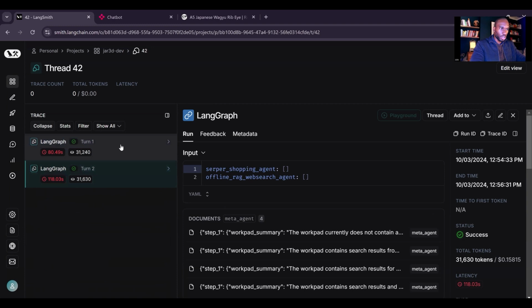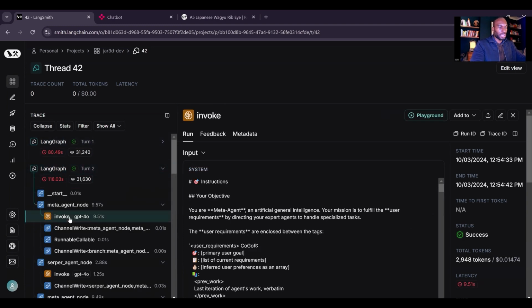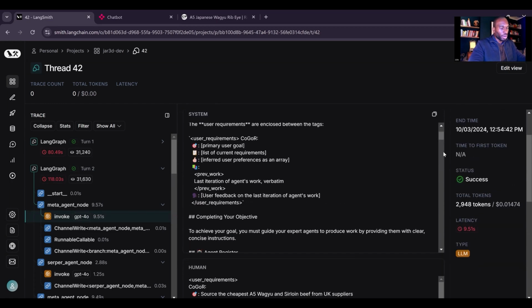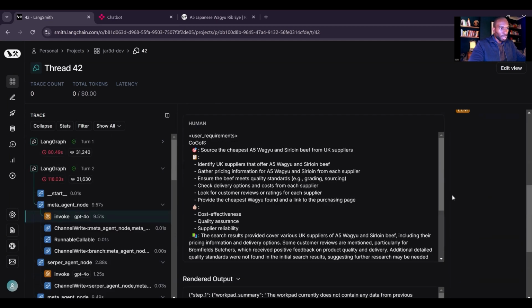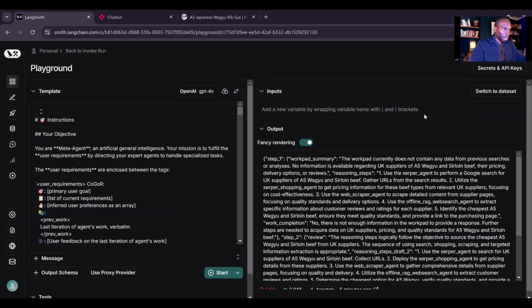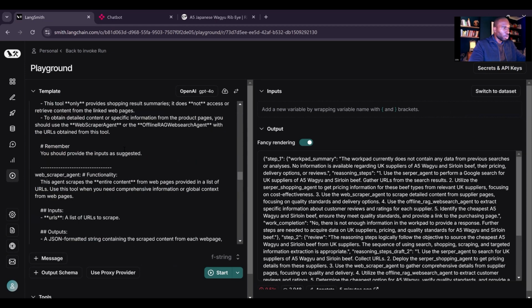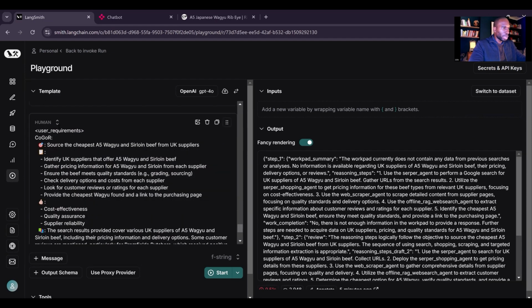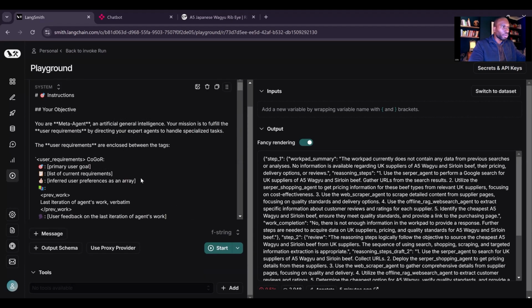One quick thing I'd like to show you as well before I move on to the other part of the video is there is a playground here too, which I think is brilliant because this is where you can really start optimizing your prompts. So if you notice in a part of your agent workflow that it's not returning the responses you want, you can step into any part of that agent workflow and you can step into the prompts playground. And where this is fantastic is that you have everything here. You have the system prompt. You have the human prompts, so the user instructions, and you can amend the system prompt